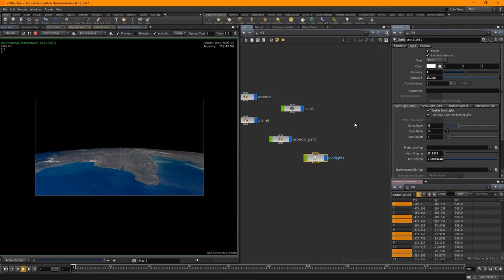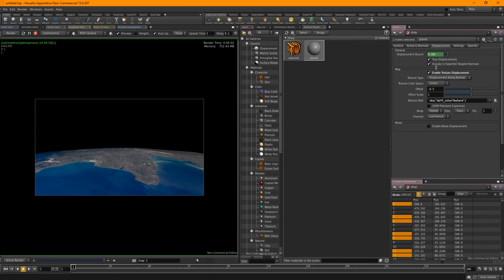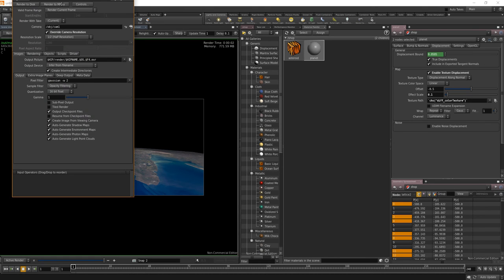Obviously the displacement is way too much. So material palette, and effect scale, let's take that to 0.2. Now 0.1. No, I don't want it jumping out, so to speak. Got a horrible line going through there, that must be from the texture map.